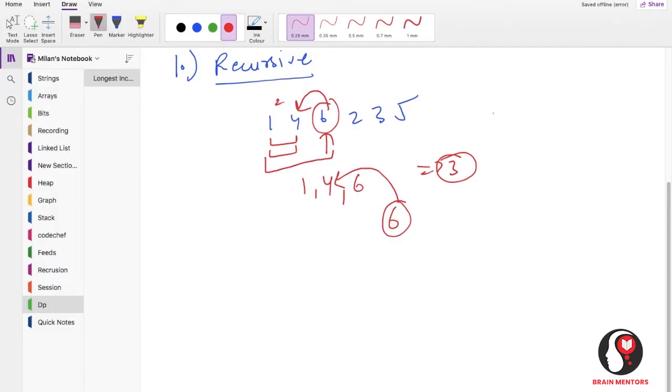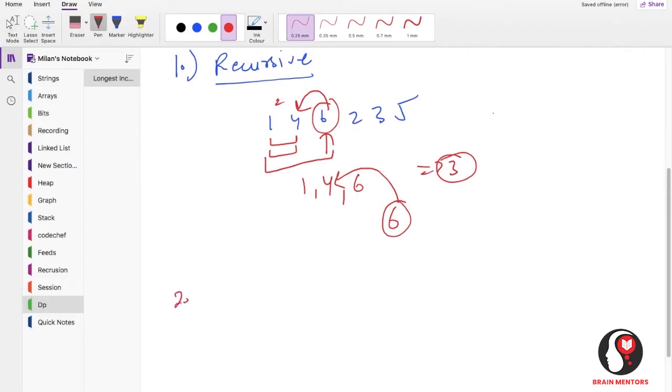But if it is not true, if the current element is less than the previous element, we are not going to take it as part of the subsequence. Now we are going to go to the next element. This is how we go ahead, and while doing so we'll get our answer. But the problem is that this is going to take a lot of time, because we need to find each and every possible path, and there can be a better approach. We can easily solve this by using DP.